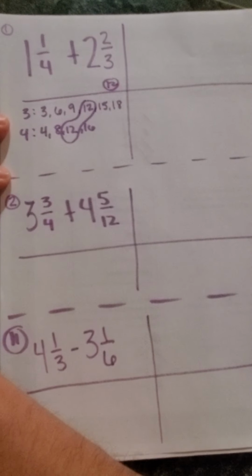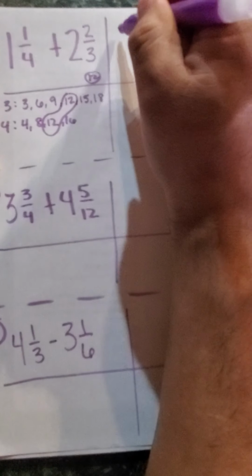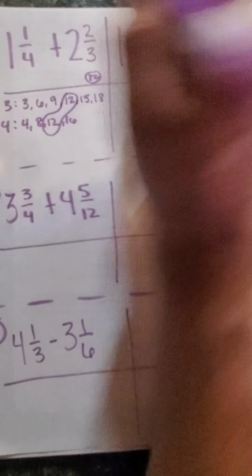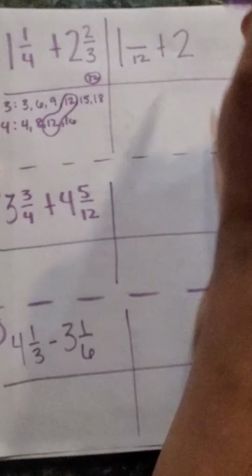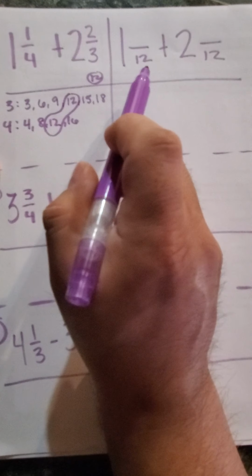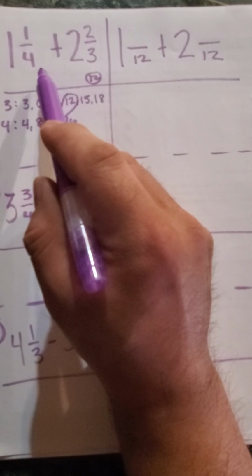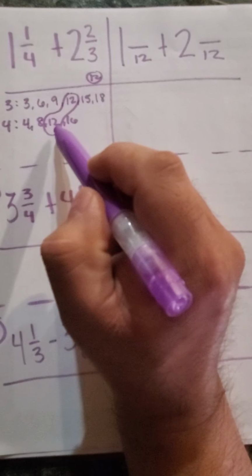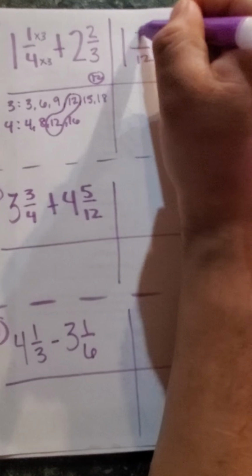Okay? Just like we learned before, our denominator needs to stay consistent throughout. I'm going to go ahead and bring my 1 over here. Blank 12th. Plus, I'm going to go ahead and bring my 2 over here. Blank 12th. So this 4 has to become a 12 somehow. How many times can 4 go into 12 equally? You either automatically know it's 3 if you know your 4s, or you can come down here and count 1, 2, 3. And I'm going to multiply my denominator by 3 and my numerator by 3. 1 times 3 is 3. And